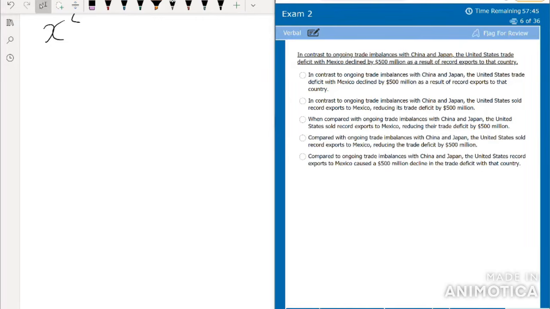But basically, in contrast to ongoing trade imbalances with China and Japan, so we're comparing trade imbalances with a trade deficit in A, which is fine, whereas in B, it's the United States, which isn't allowed. In C, it's the United States, which isn't allowed. In D, it's the United States, which isn't allowed. And in E, we've got compared to ongoing trade imbalances with China and Japan, the United States record exports to Mexico caused a 500 million decline in the trade deficit with that country. So